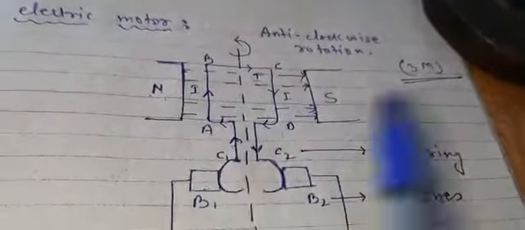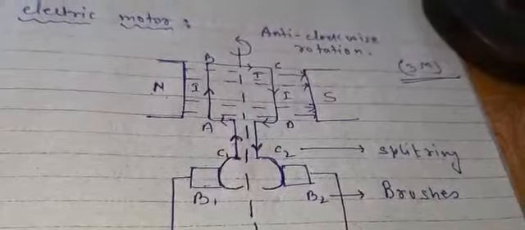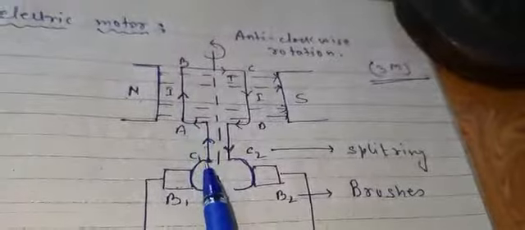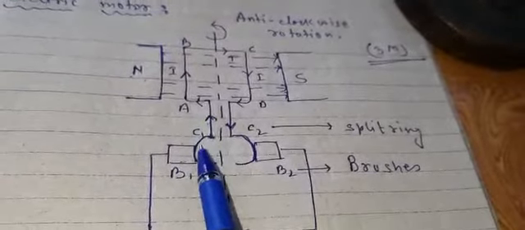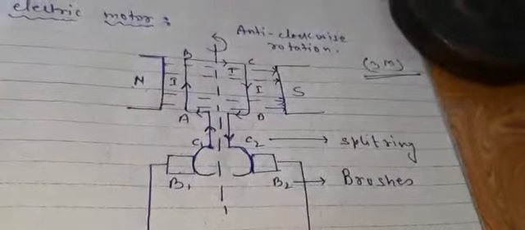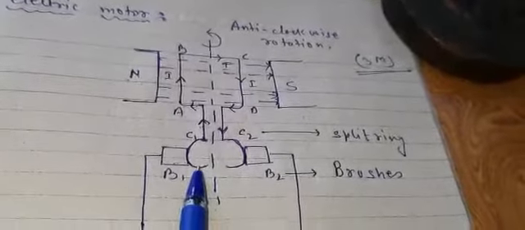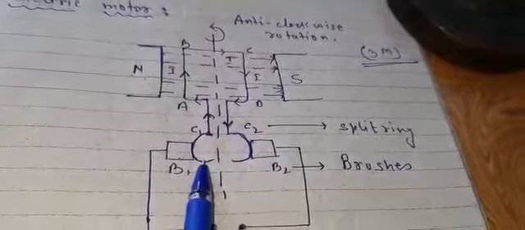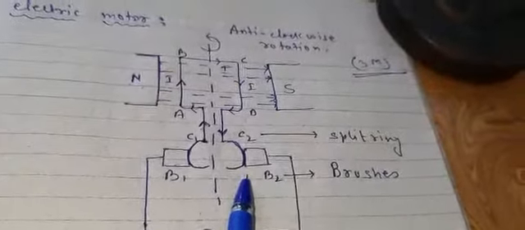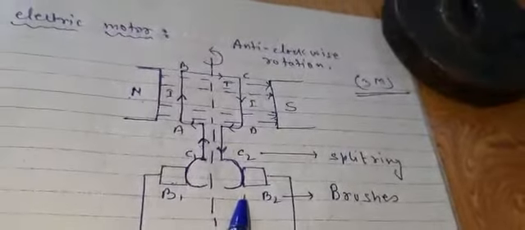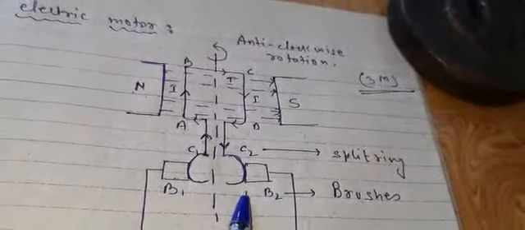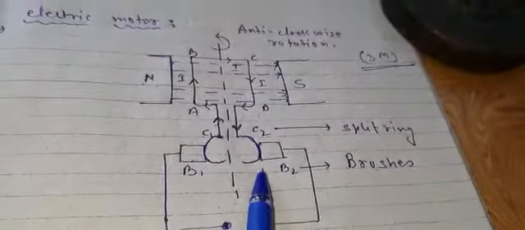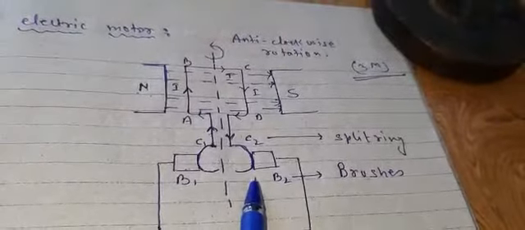Why we are taking the current carrying conductor, I will explain their behavior, but let me just explain each and every part. One end of that coil is connected to the split ring C1, another end is connected to the split ring C2, and let me tell you, it is one of the most vital parts of the electric motor, right? There is no more important part in an electric motor. If C1 and C2 are not there, we would not be able to run our motor even for a very small interval of time. Due to friction and current, the motor would burn. It would collapse, right?